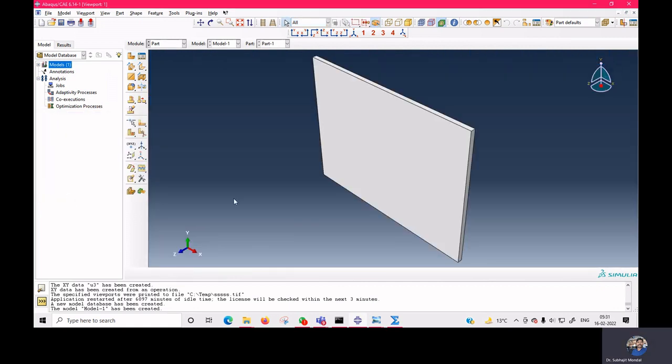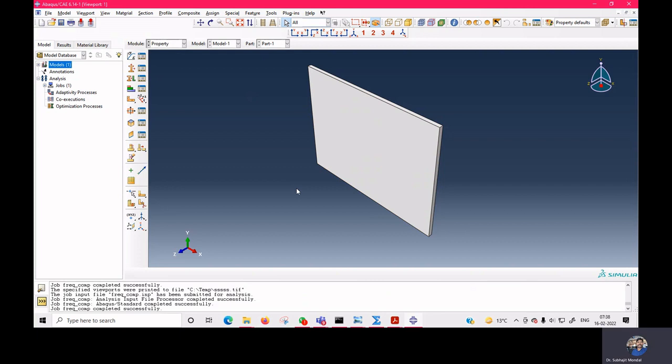Here you can see we have created a plate. Now we can define the property. Here we learn how to define the metal property of 3D. Here we learn how to model a property, how to define a property of this composite plate model using 3D